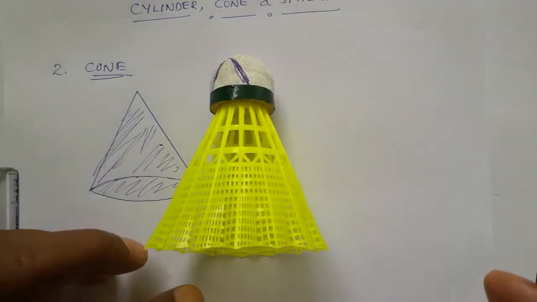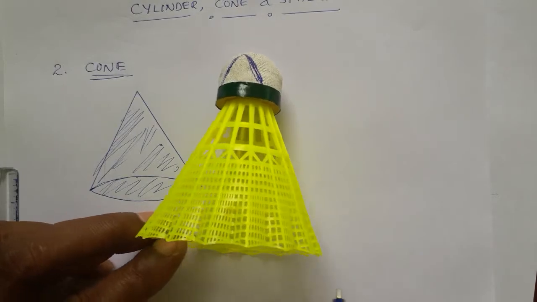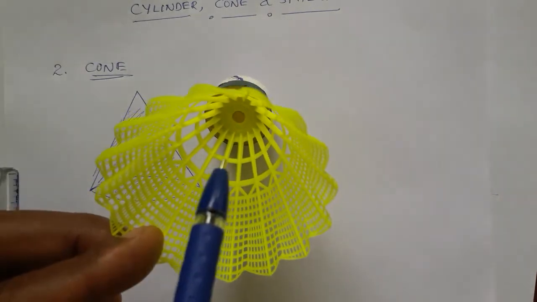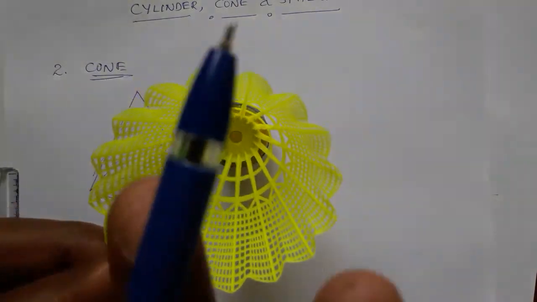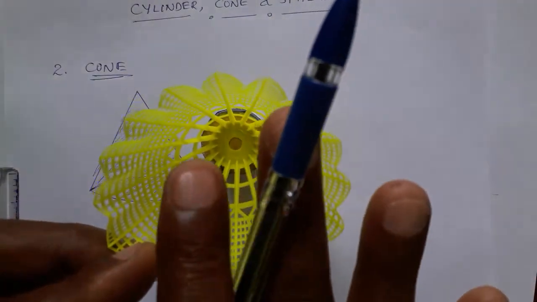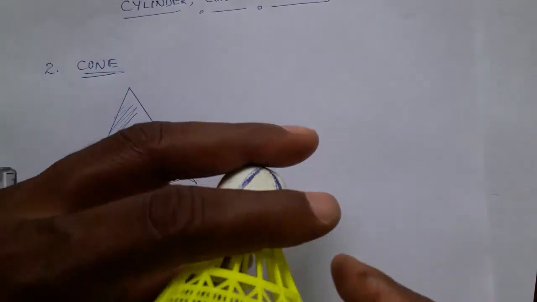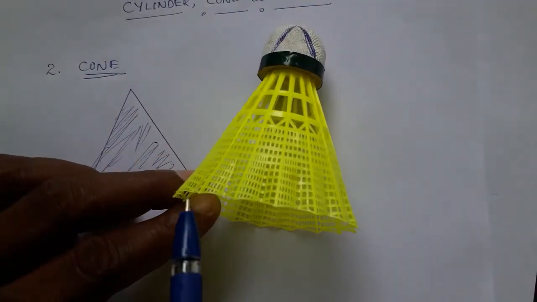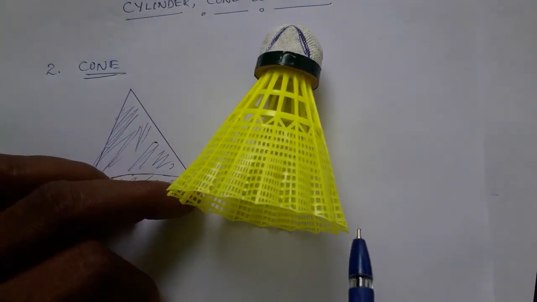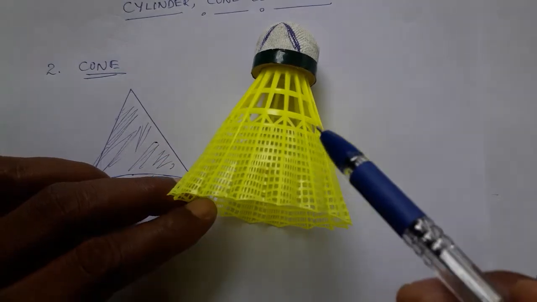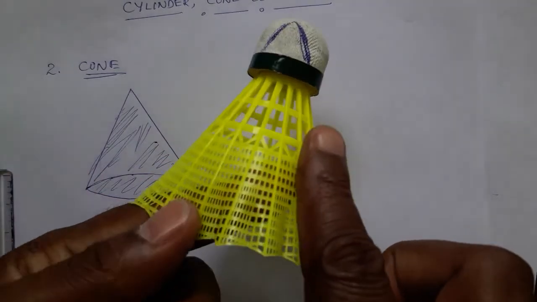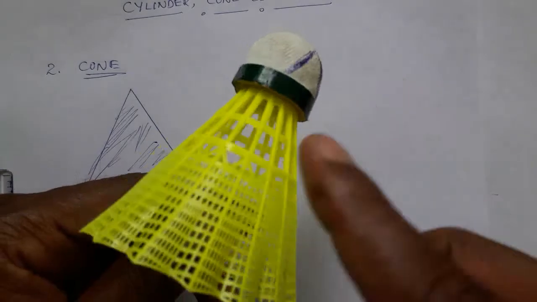Actually this is the cone. Cone has a base that is a circle. Look at this, the base circle. Here it is open, but think that it is completely filled. Don't get confused. When we keep it here, the bottom is also called the base. Here one circle is there. What we see outside is the rotating part.